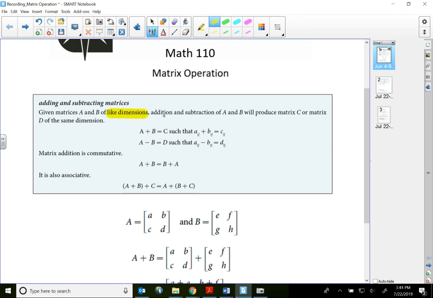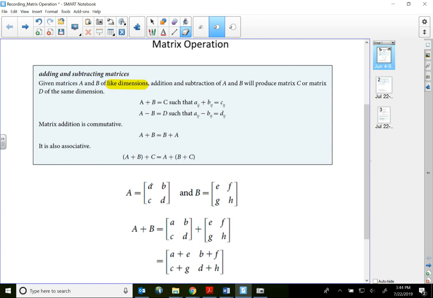Addition and subtraction of matrix A and matrix B will produce a matrix C or matrix D, whatever we want to call the resulting matrix. So here it says when we do matrix A plus matrix B, let's call the resulting matrix C, such that the way we add is take matrix A's ij entry and add it to matrix B's ij entry. So what that means for addition and subtraction of matrices is